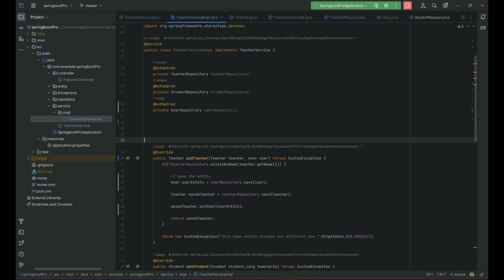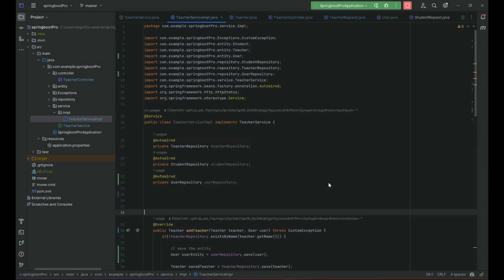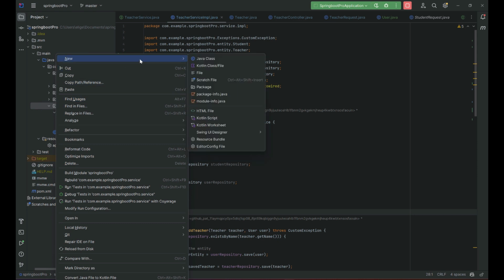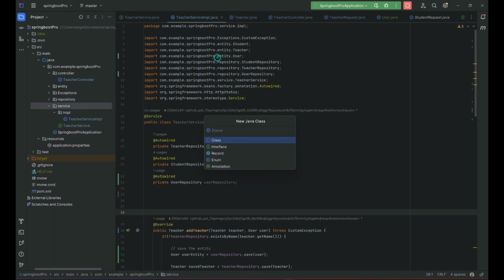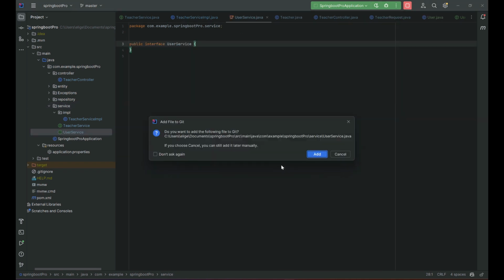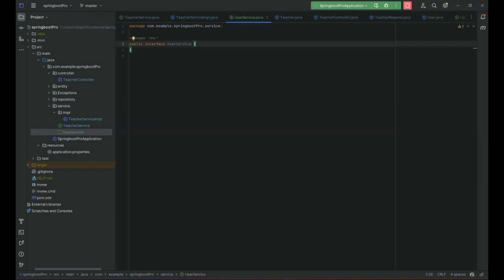Hello there everybody. So today we're going to have another video and we're going to add more functionality to our user so we can actually create a login. Now inside a service folder, I'm going to add another interface. We're going to call it user service. We're going to add it to the GitHub, and over here all we're going